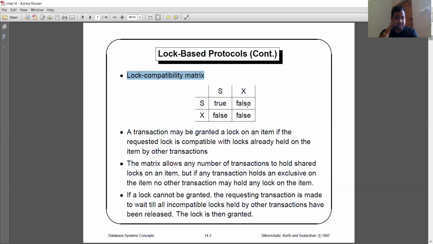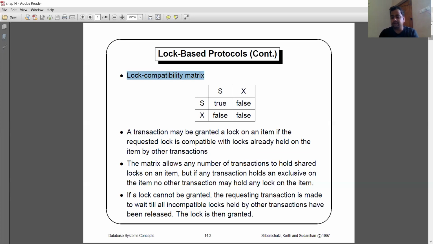So we have to know the exact mechanism of locks. Now any transaction may be granted a lock on an item if it is not already held by other transactions. Now the question is how we can implement these lock-based protocols.